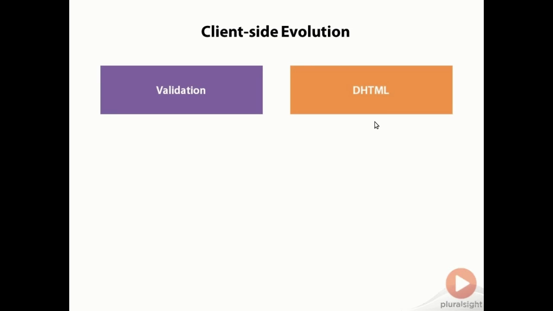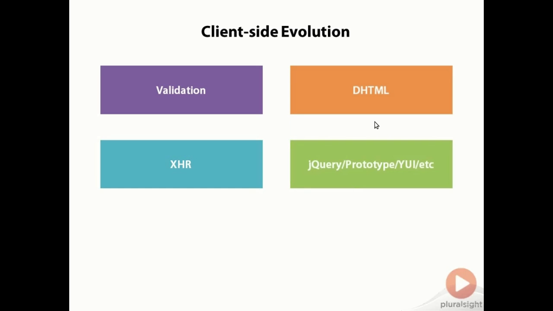or just DHTML. Slowly, a technology invented by Microsoft and adopted by the other browser manufacturers called the XML HTTP Request Object, or XHR for short, began to be used to get information from the server without requesting an entirely new page. As all these capabilities got more and more traction, a series of libraries were developed by various people